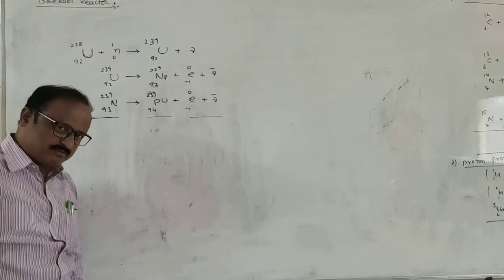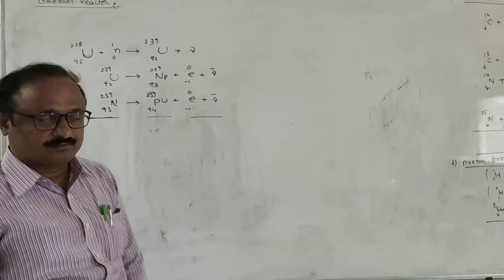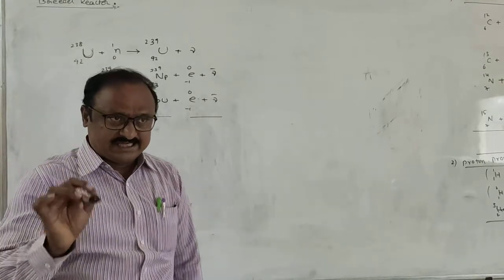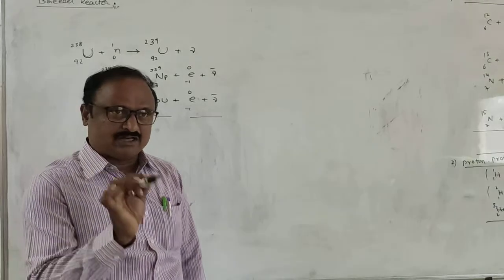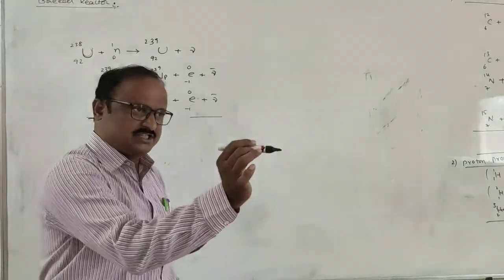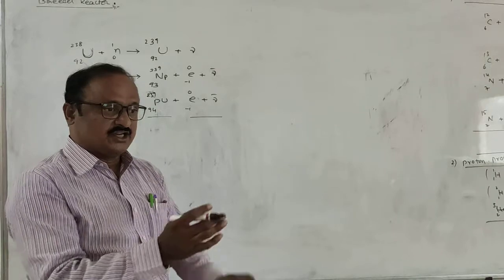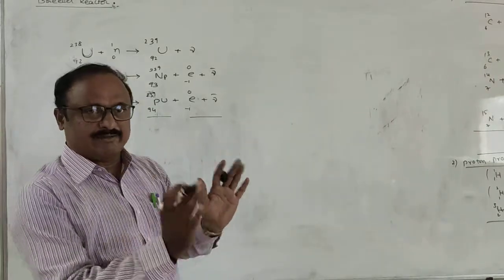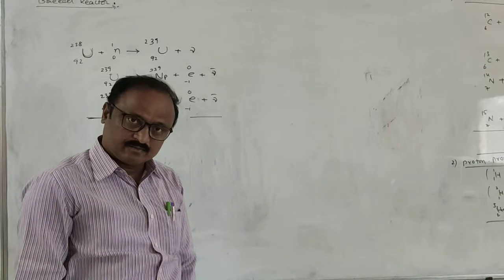What is non-fissionable material and fissionable material? Uranium-235 is easily fissionable by using a thermal neutron. Suppose a thermal neutron is injected into the uranium nucleus. Uranium nucleus 235 is divided, or splits, into two parts, barium and krypton. But